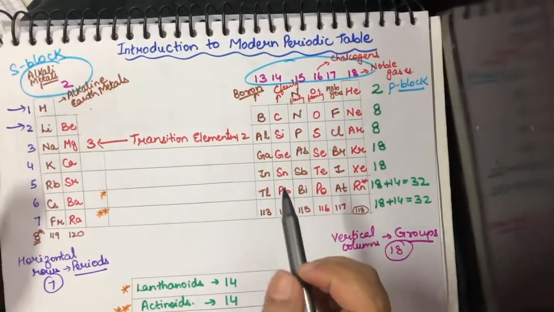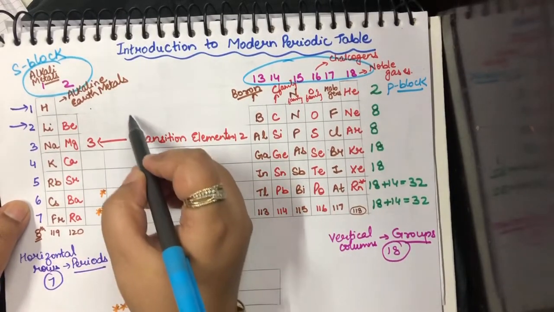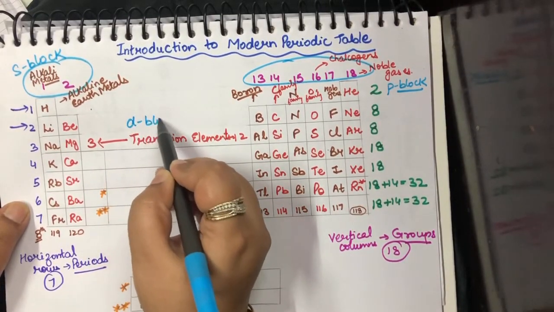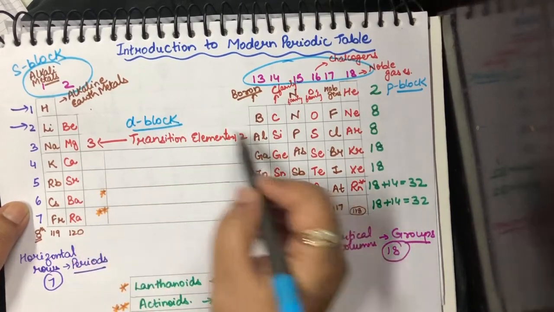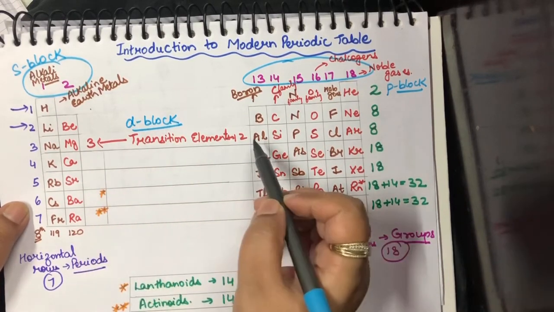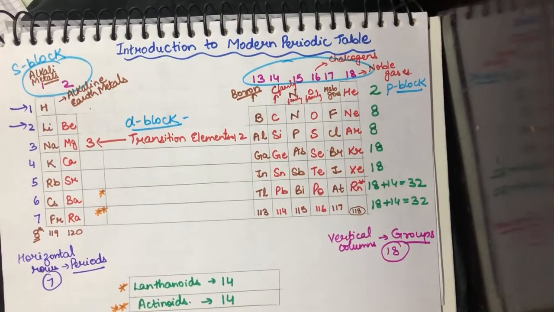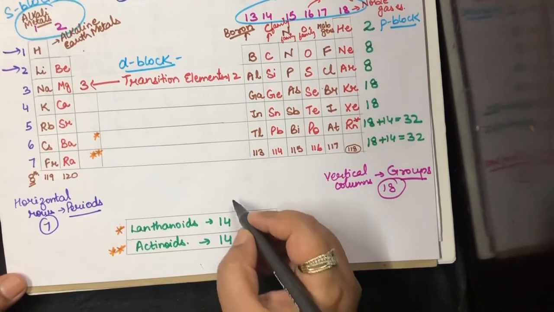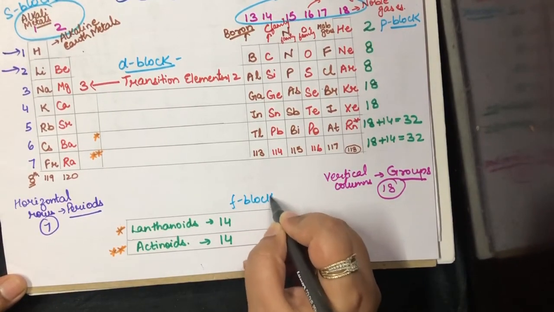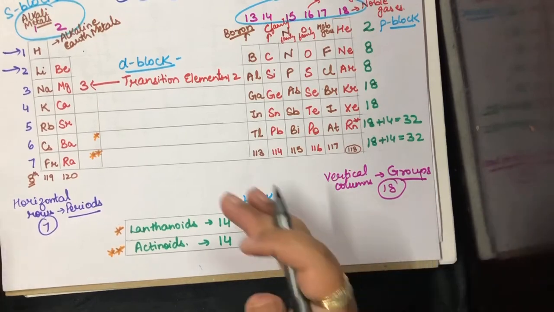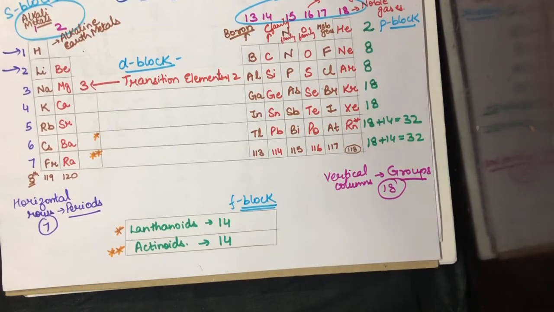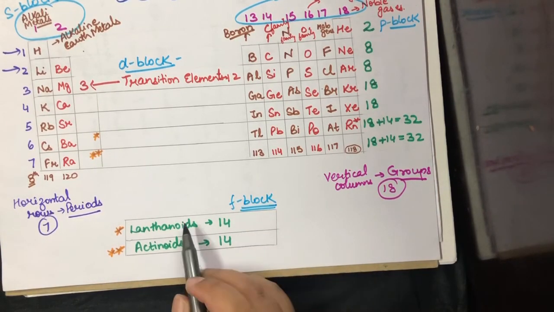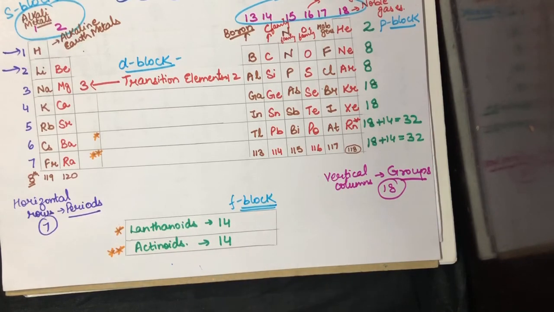Now if I'm talking about 3 to 12, I just want to mention here that this is your D block, and all the elements that come under group 3 to group 12, they are called as D block elements, because the last electron here during the electronic configuration is entering the D subshell. Similarly, here where we were talking about lanthanides and actinoids, they are F block elements. So F block is usually kept outside the periodic table in separate two series, wherein the last electron of lanthanoids and actinoids enter the F subshell.